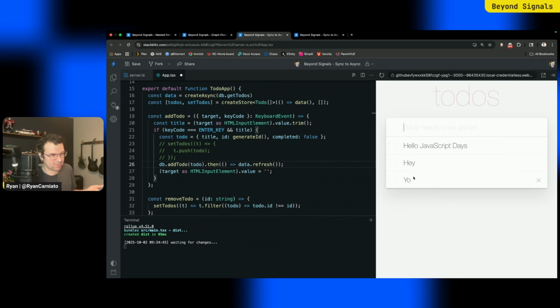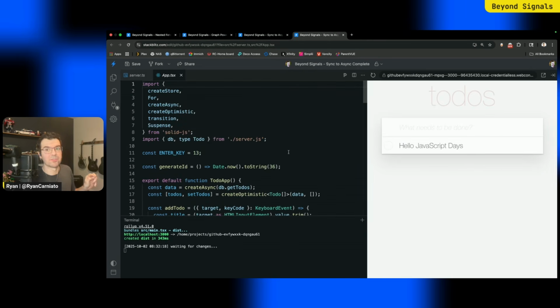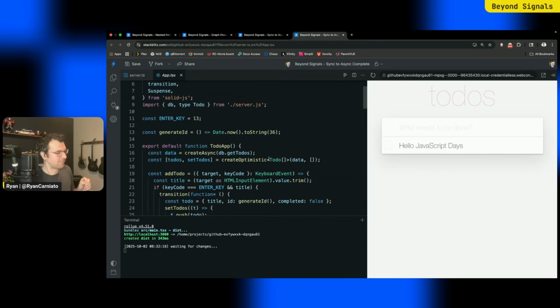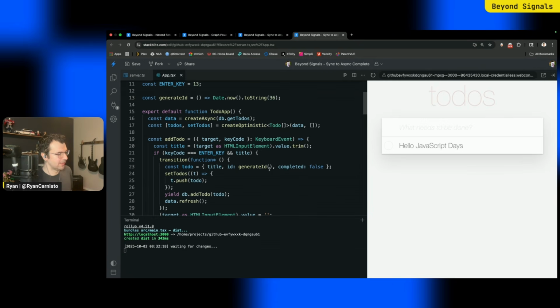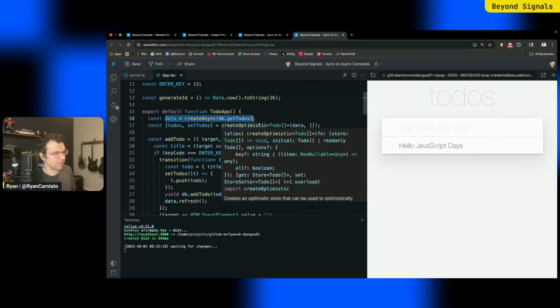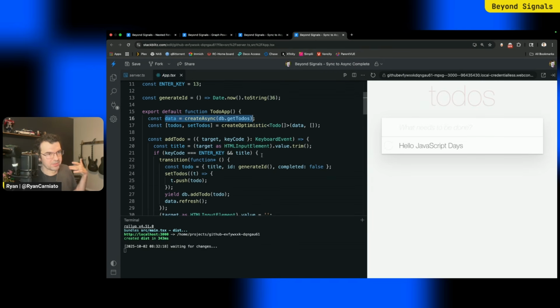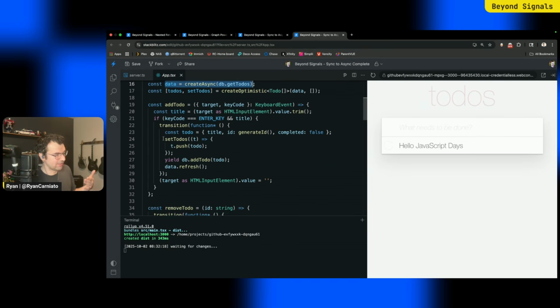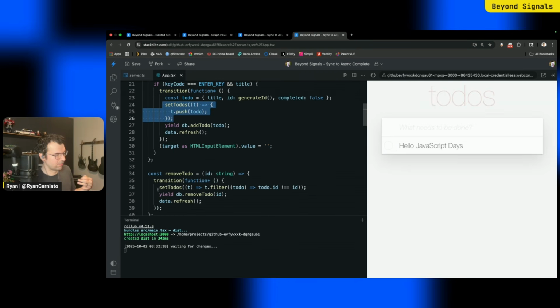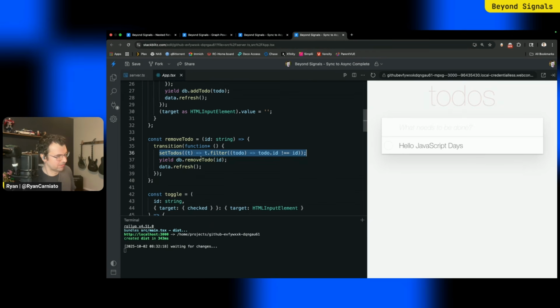Can we do better than that? And there's also probably weird race conditions. So I'm actually going to jump a little bit ahead here and show the completed code. But what we can do is two things. We can take our async data that we just fetched, and we can change our store into something called optimistic. With optimistic, what this does is it tries to put the data in right away. And we can actually keep our same methods that we had before to set the store as our optimistic updates. And then we can use a transition to do our operation and call our data refresh.